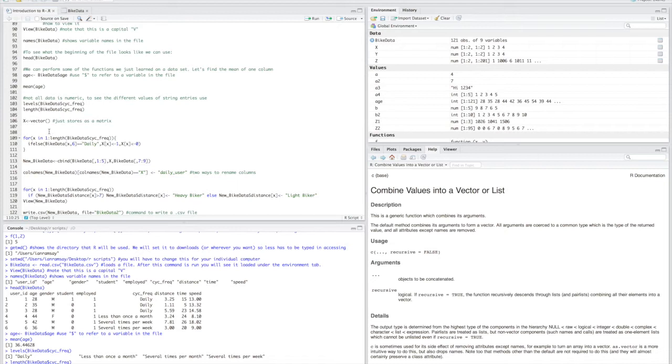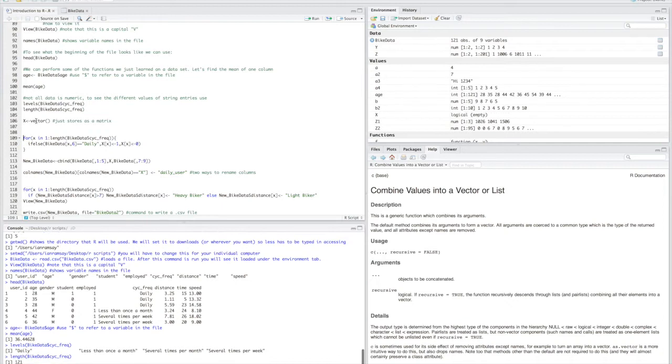Then, sorry, actually, before I did this, I need to create an empty vector x, because we're going to transfer the cycle frequency to another vector. So location x is, and we don't have to use row column because it's a 1 by n matrix. If daily is true, then we assign a 1 to that entry in x, and if false, we assign 0. So I'm going to run this loop,